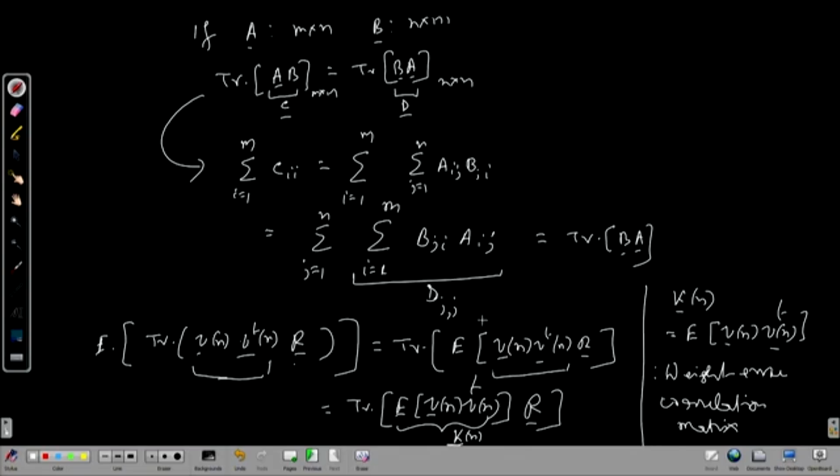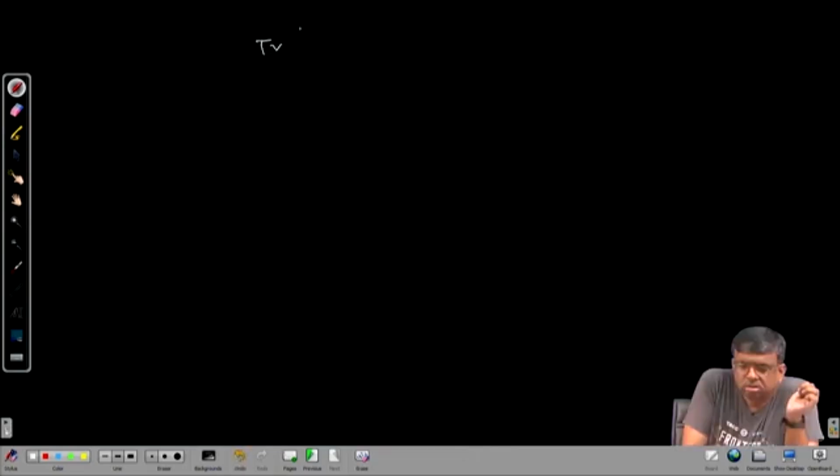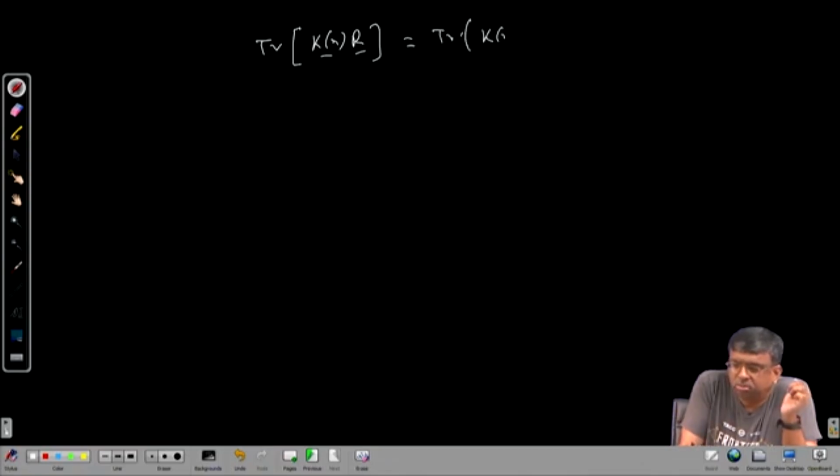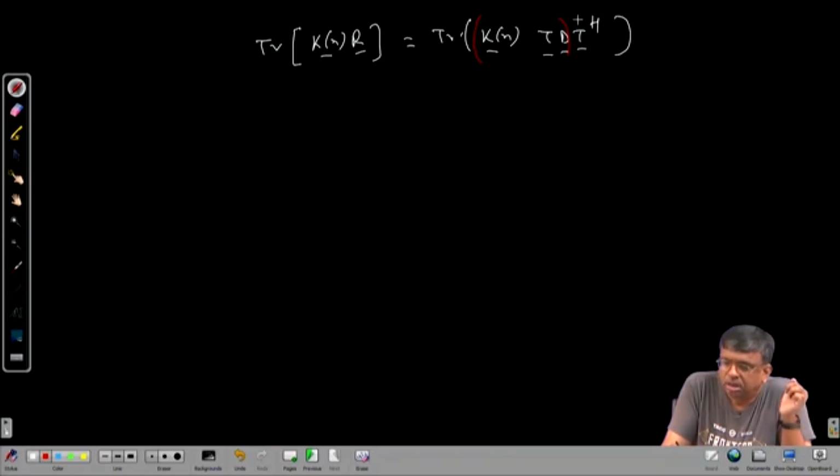This is the excess term, trace of K n R. And now I replace R by what I told earlier, T D T H. And again take this to be one matrix and this is another matrix A B. So, trace A B is same as trace B A. So, it will be trace of